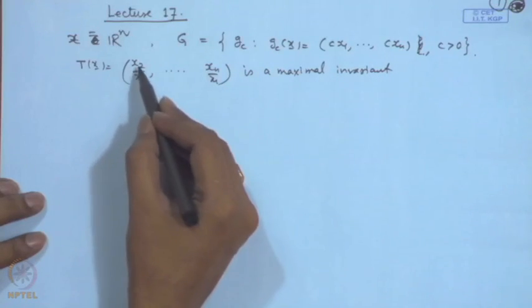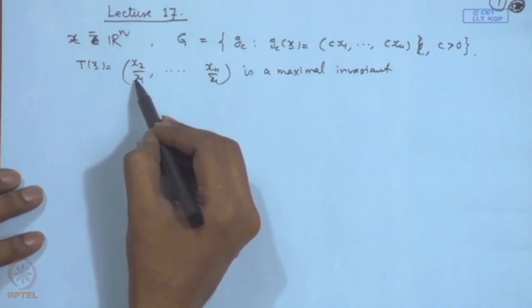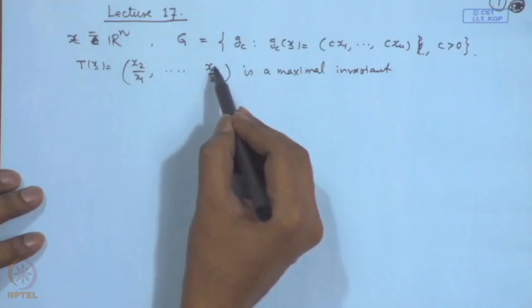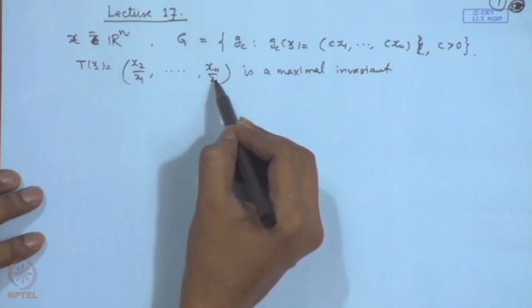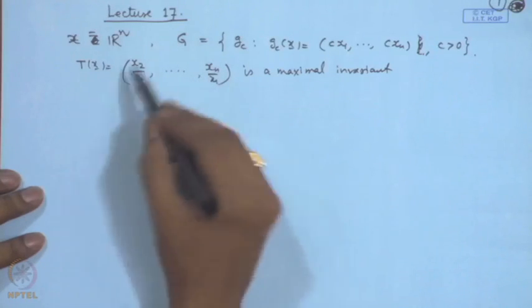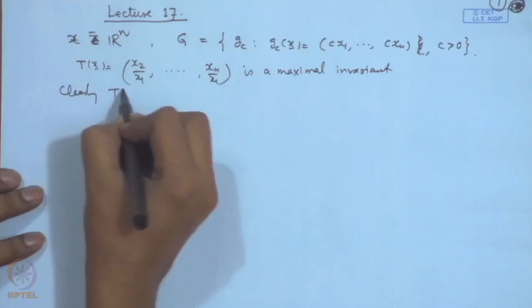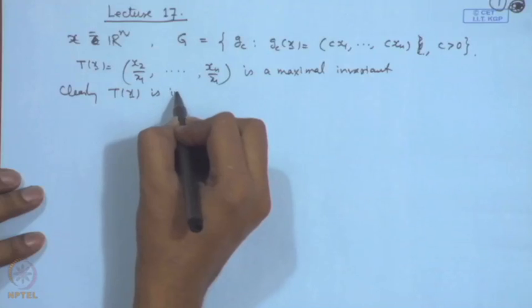Once again, you can see that as x2 goes to C x2, x1 goes to C x1. So, this ratio becomes the same as x2/x1. Similarly xn goes to C xn and x1 goes to C x1, so the ratio goes to xn/x1, etcetera. So, this is an invariant function. So, clearly T(x) is invariant,